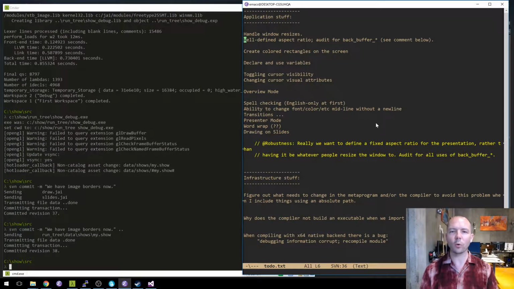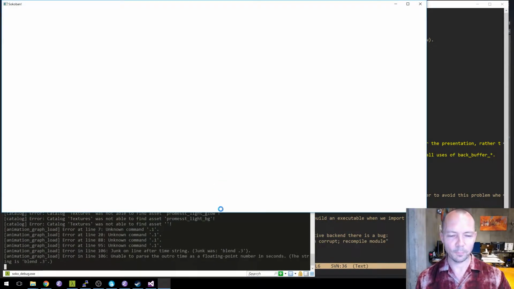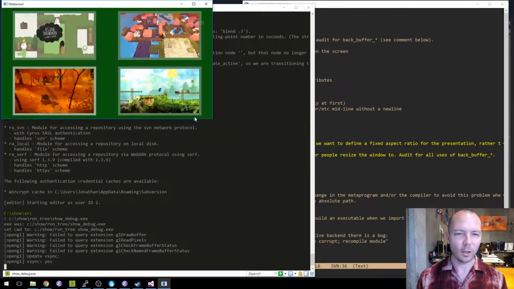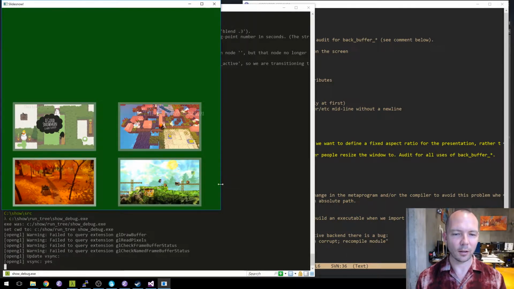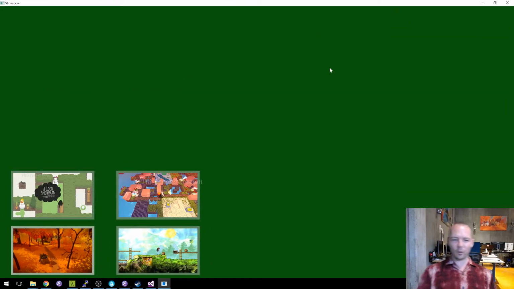So now we've got to do a good job of resizing the window because, whoops, wrong program. Stop. Okay. When we resize the window, bad stuff is going to happen. Like, yeah, that's not great. What's happening is our GL viewport is just staying in the lower left-hand corner of the window, right? Which is not how you're going to want your slideshow to behave. So we want to scale.